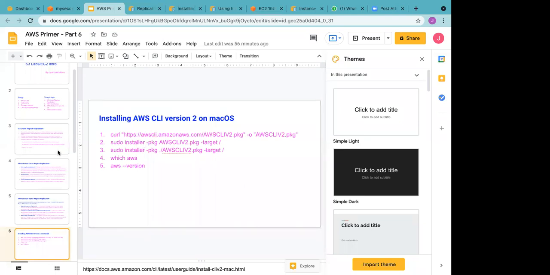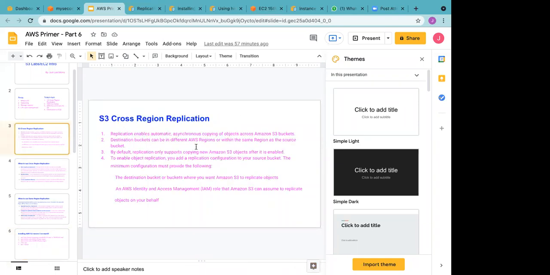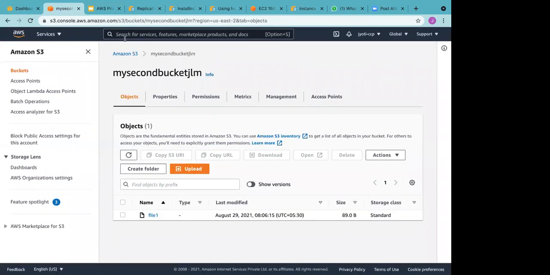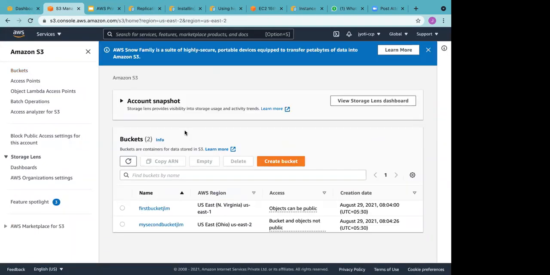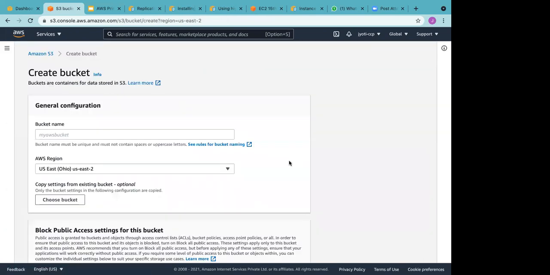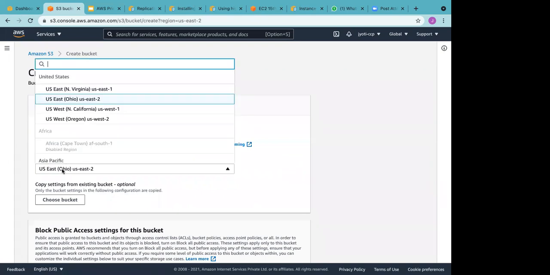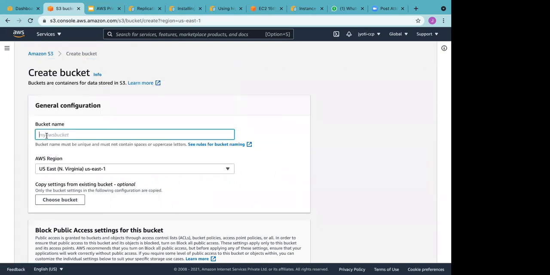Yeah. So let's do one example of cross-region replication. So I'm here. Let's create a source bucket. Let's take North Virginia. My source bucket.